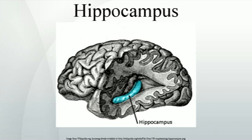Transient global amnesia. A current hypothesis as to one cause of transient global amnesia, a dramatic, sudden, temporary, near-total loss of short-term memory, is that it may be due to venous congestion of the brain, leading to ischemia of structures such as the hippocampus that are